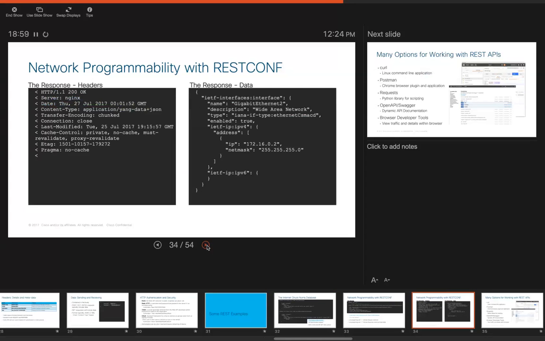Then when we get a response back, everything on the left side of the screen with these less than signs, those are the headers that come back. There's that 200 OK. That's a good status code. It means things went well. We get our timestamp. We get the content type back, what is going to be displayed in the data, which is on the right-hand side of the response. As you can see, we requested information on the previous slide about Gigabit Ethernet 2, and this is the information that we're getting back. Similar structure to what we've seen in the past. This JSON code gives us the name, maybe a description on the interface, whether it's enabled or not, and then some basic IP information about it.